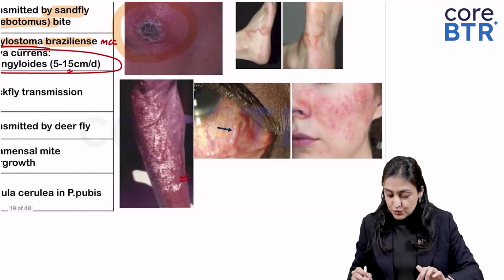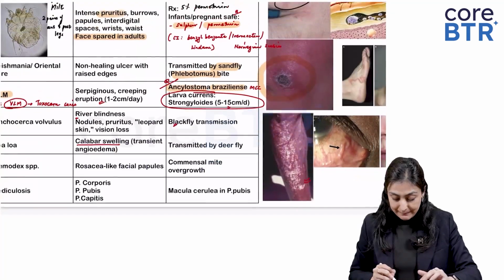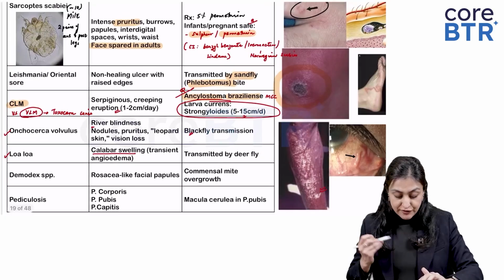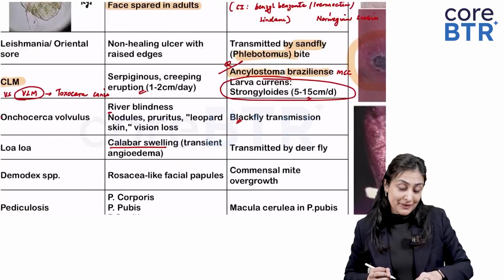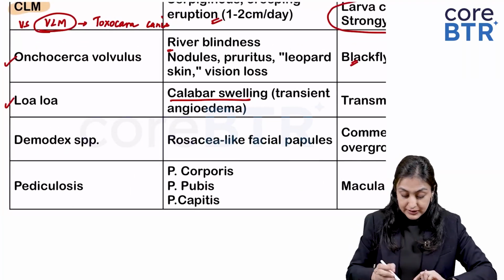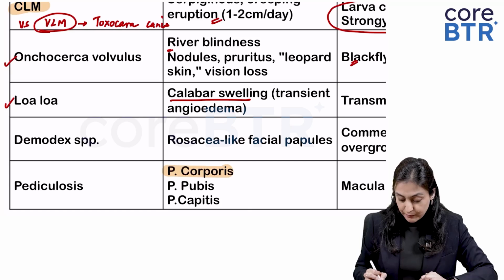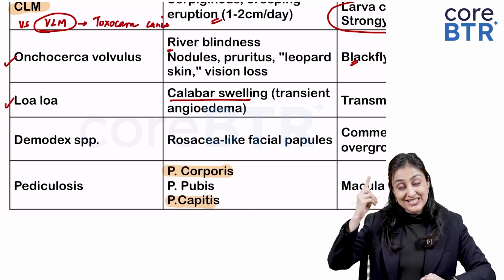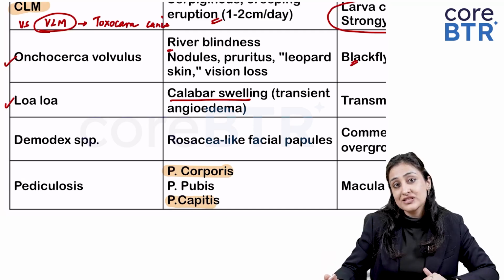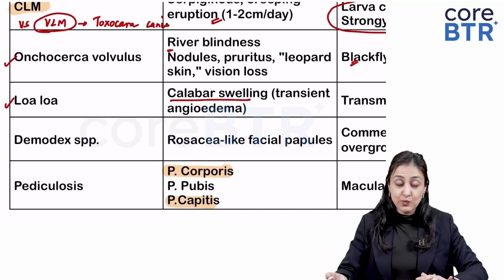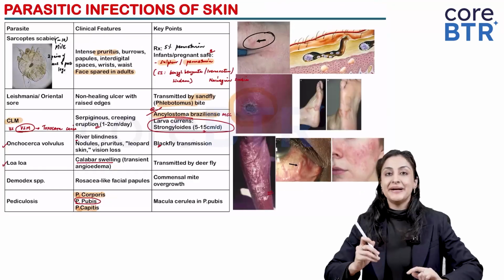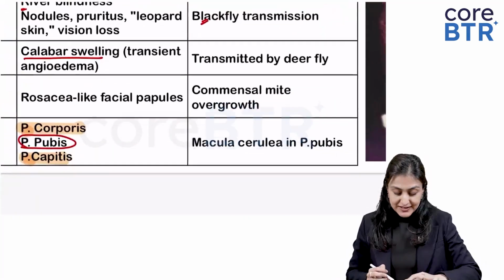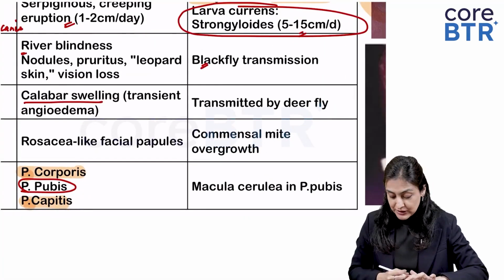Demodex can cause this rosacea-like skin infection, papules, and this is also because of mites, just like scabies, and pediculosis. So pediculosis, very important, can affect the body. So pediculosis corporis or capitis, which affects the scalp, very common in children. We know children get lice. So this is what is a louse. So this is pediculosis, and you have pediculosis pubis, on the other hand, is a pubic infection acquired sexually, and